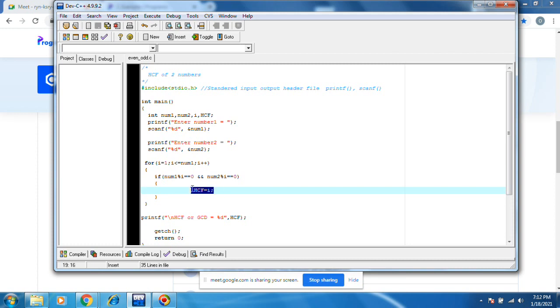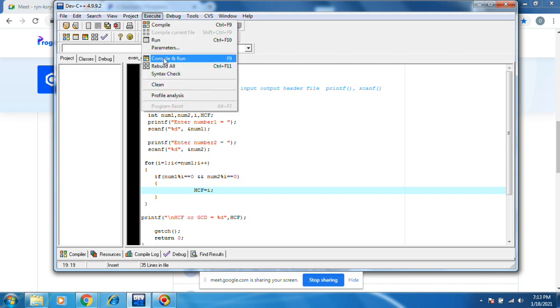This is the concept called overriding. Again 10 comes, 5 goes, 10 will come to HCF. Like this. Let's execute, compile and run.